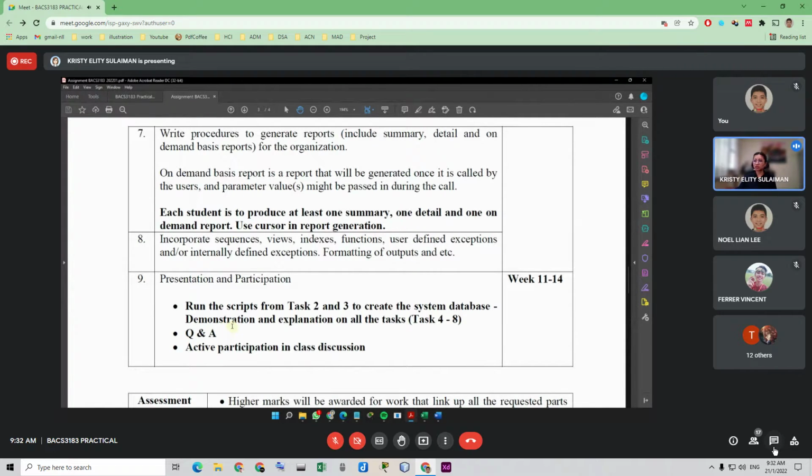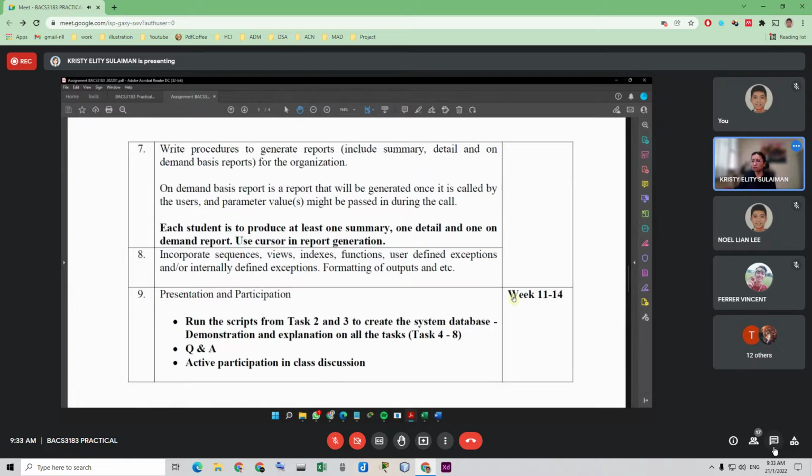Active participation in course discussion means that during the presentation, there should be active participation from all the students. This is scheduled to be held between week 11 and week 14. Okay, so those are the tasks that you need to do for this course, for the assignment.